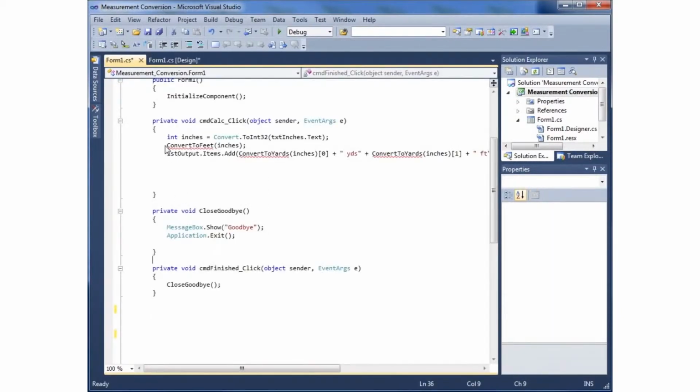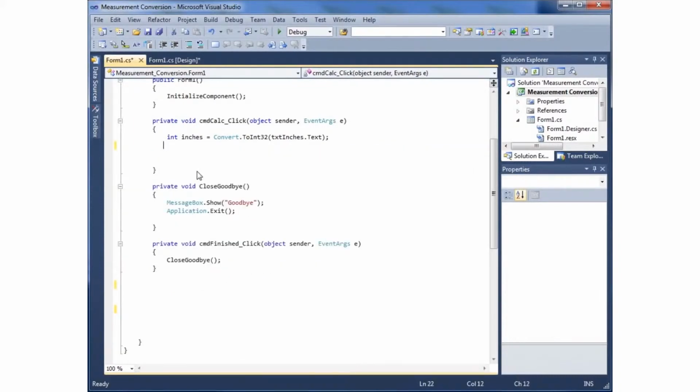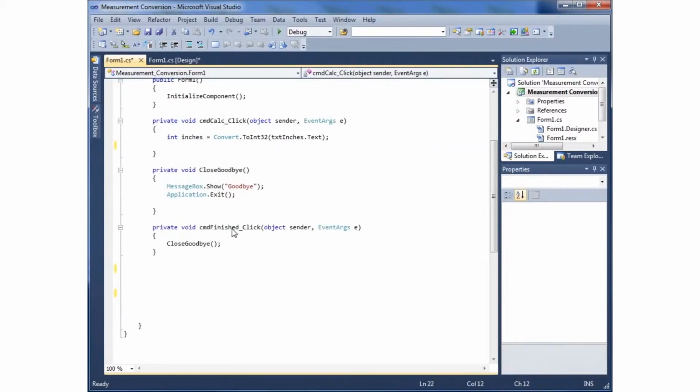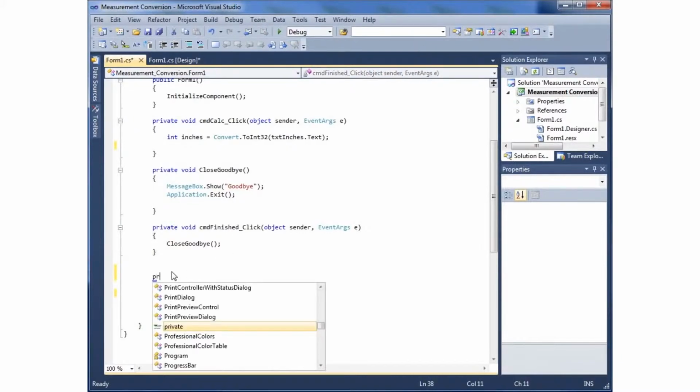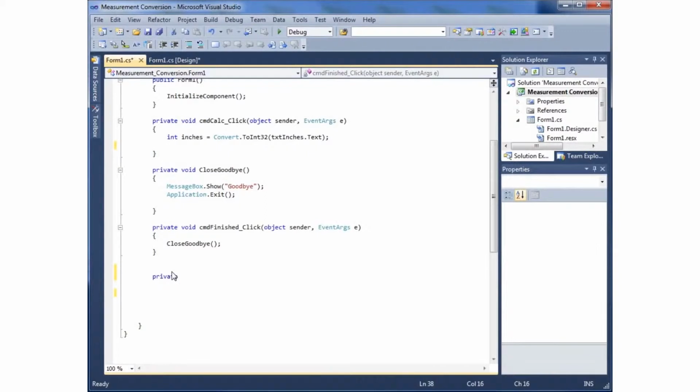I'm going to remove those lines of code from my click event because those methods are no longer there. Okay, so let's create ourselves a brand new one. I'll use private again, which means it's only going to be usable within my class, which is just fine. We're also going to say void, since I'm not going to return anything this time at all. There's nothing that needs to be returned, so I might as well just say void. And let's give it a name,